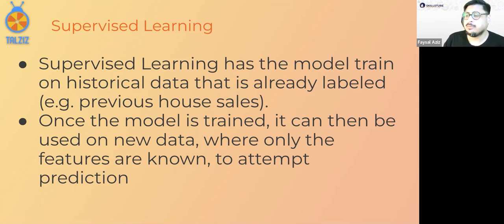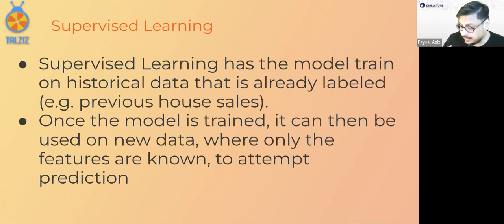So if you go deeper into machine learning, you will be exposed to many different models, such as the regression model, such as the KNN model. The different models have different efficiency of working for different kinds of data. And as you expose this model to the data, it gets trained.